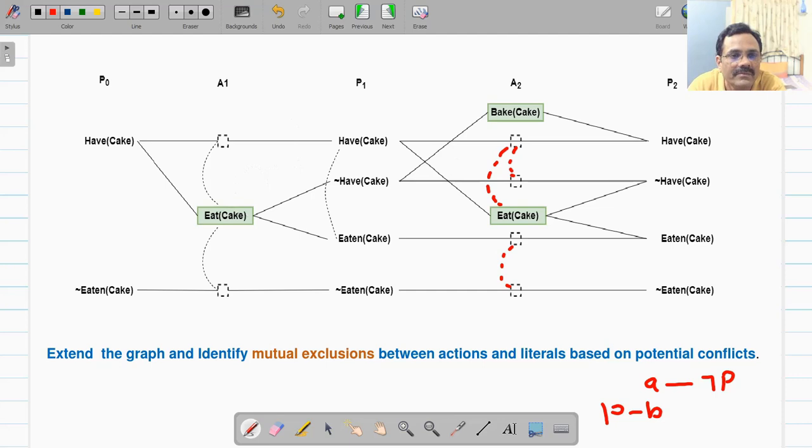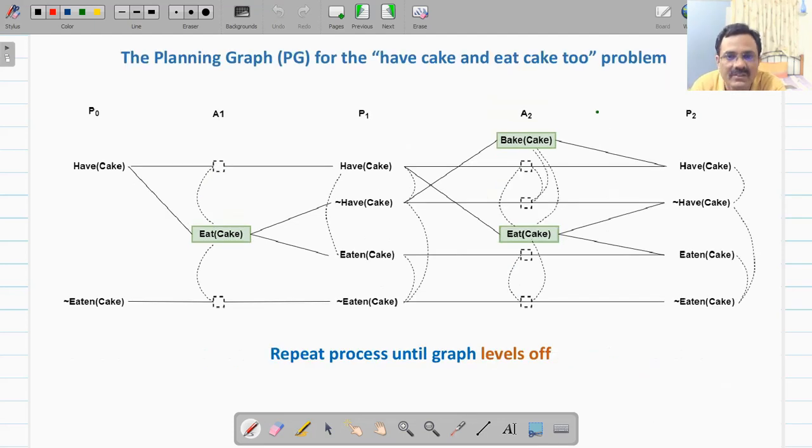Out here, the effect of eat cake is not have cake, and have cake precondition is have cake. So already we have added a mutex link here. So by this interference also there will be a mutex link. So only one link will be there, right? So in this way, the third type of mutex links you will be adding in your representation. So your graph will look like this.